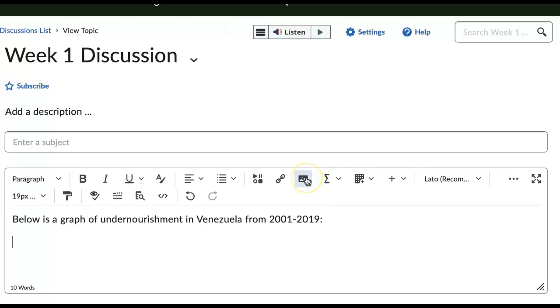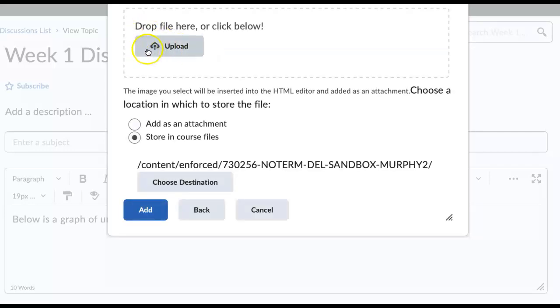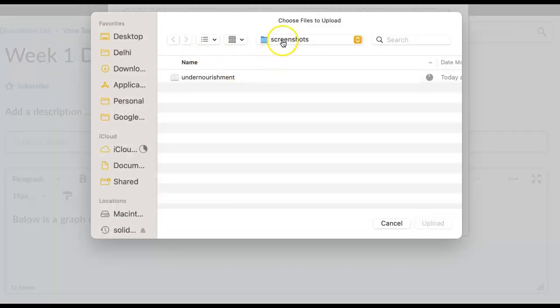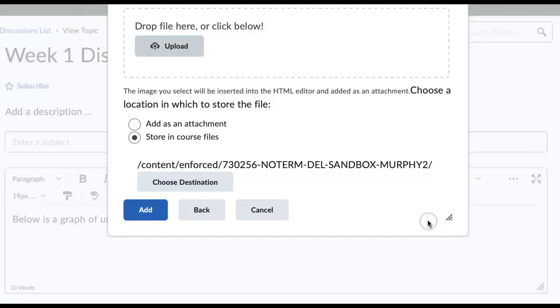You're going to click on this icon, which is Insert Image, and you can hover over any of these icons just to understand what each of them are. So I'm going to click here, and now I have saved this snapshot into a folder that's on my computer. Okay, so I will click Computer, and you can either drag that file right into this box, or you can click Upload. And here is my screenshot folder, which is on my desktop. I'm going to click here, click Upload,